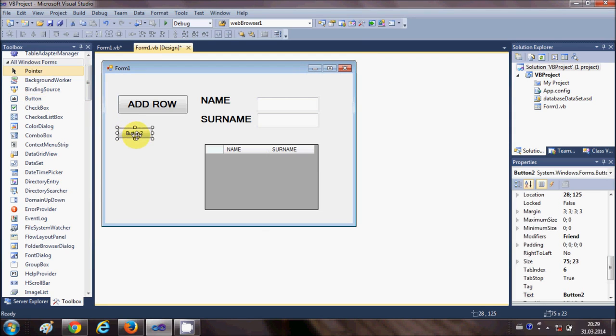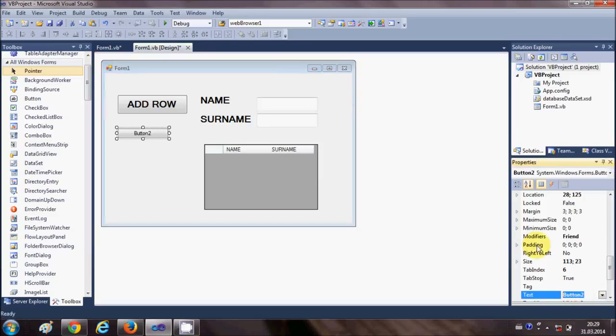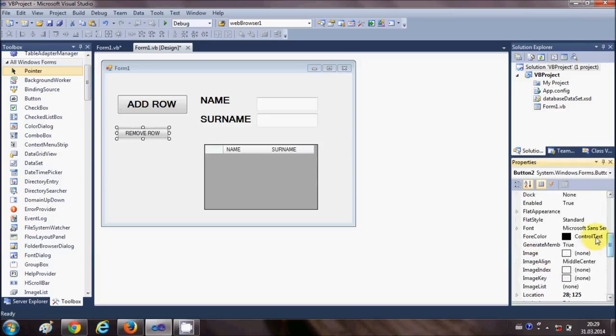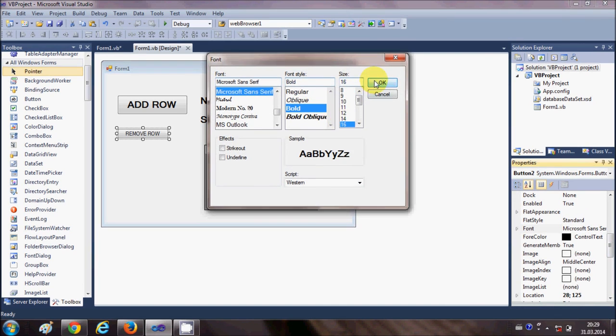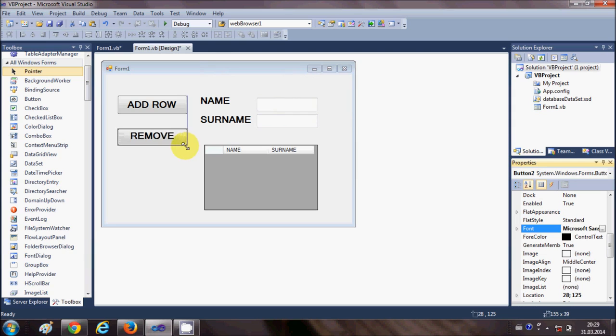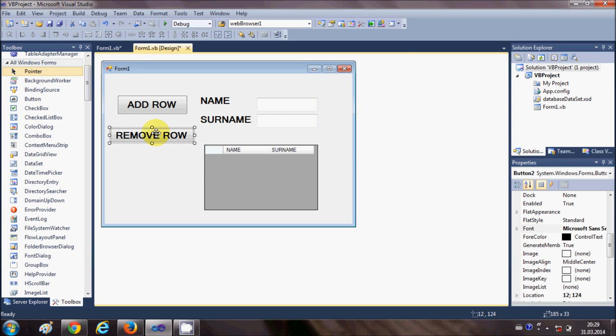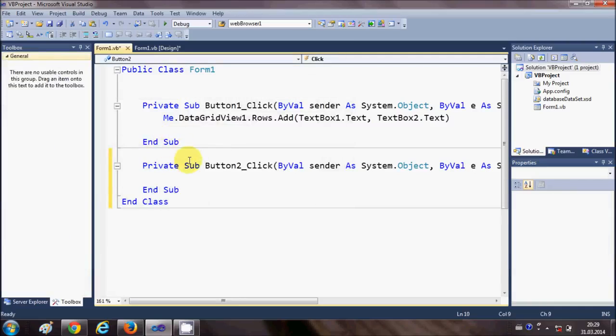I will take a button from here and I will change its text to remove row, and I will change the font size also to bold and 16 so we can see this button text. Okay, now I will just double click this button and in here I will write